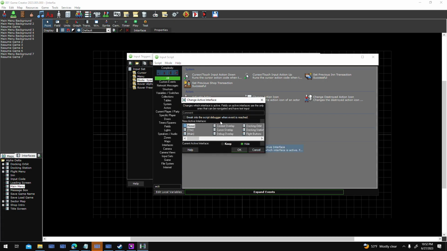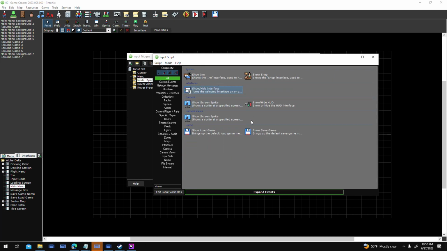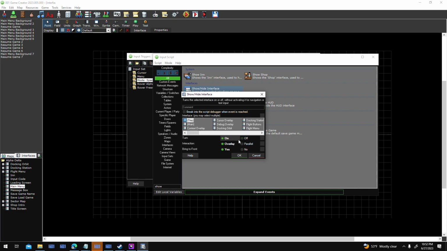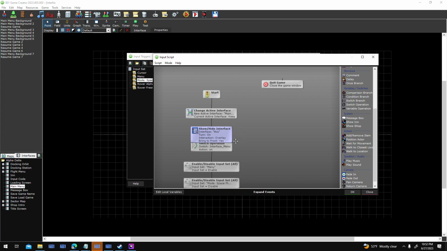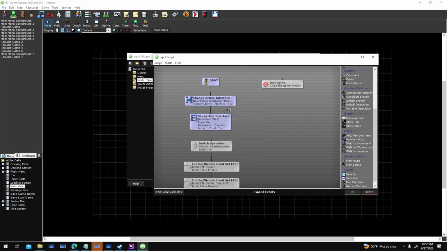This will turn it on if it's not already on, and then you can choose to keep or hide the one behind it. But if you're using the show hide interface, that has several other options here. You can have it turn it on or off, but you can also set it to overlay or parallel, or have it bring to the front or not. So what I wanted to do is set it to overlay, and it's already going to be in the front. I can actually set it to no if I want, but it doesn't matter. So this one will turn it on and pass the main active interface control to the main menu, and this will turn it into an overlay, which will block everything behind it,